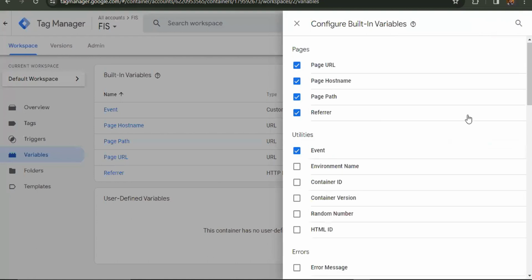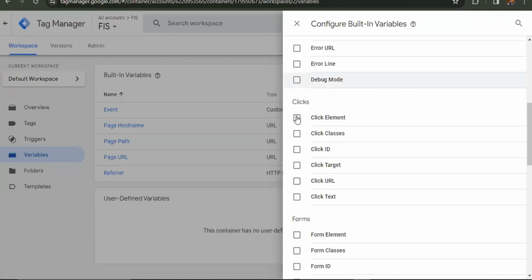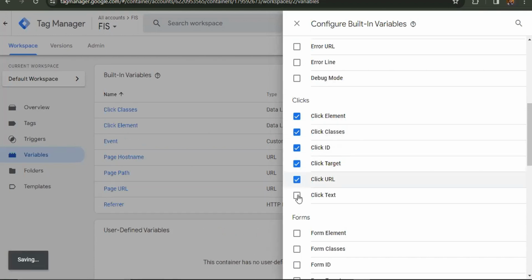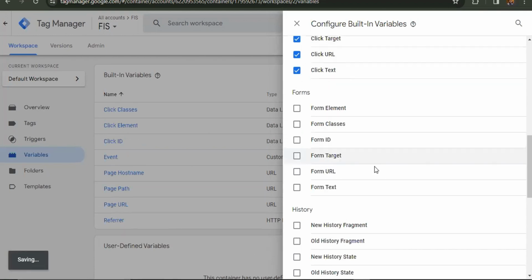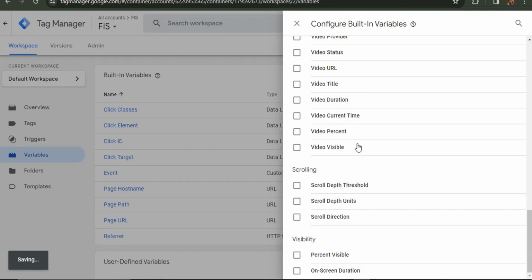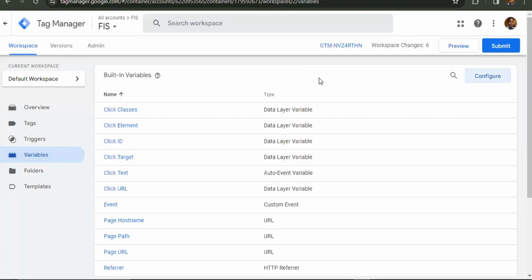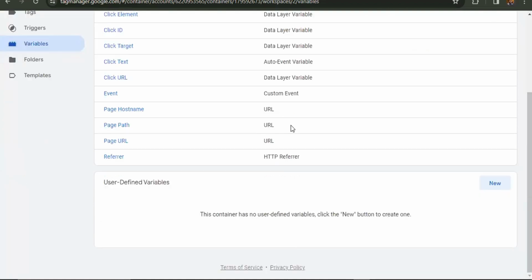And the variables that I want us to choose is, we want to choose click elements, click classes, click ID, click target, click URL, click text. Okay, I think this is all we want to choose for now. So I want to choose that. I'll remove this pane. So what I want us to do is, once you have chosen this, for every action